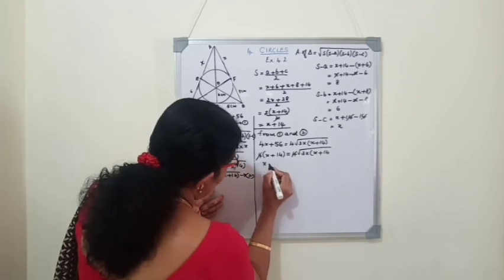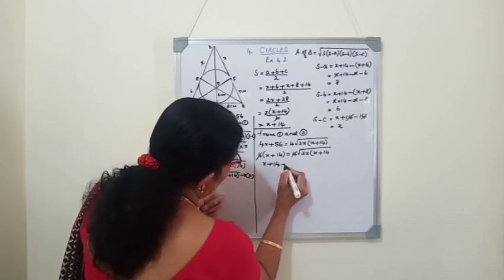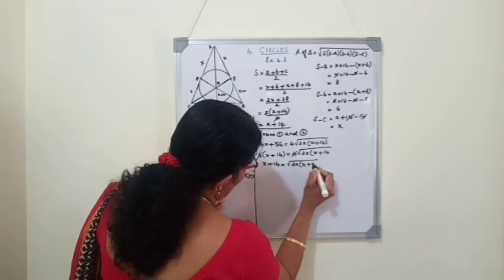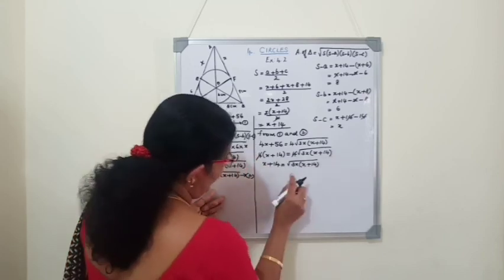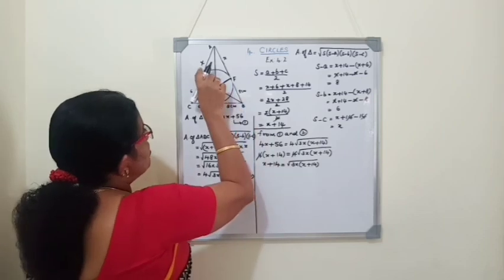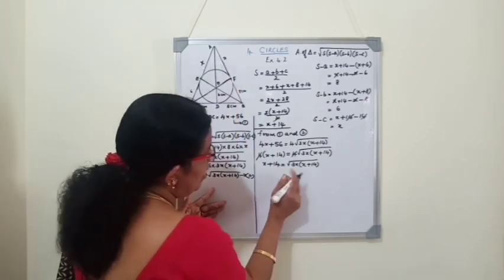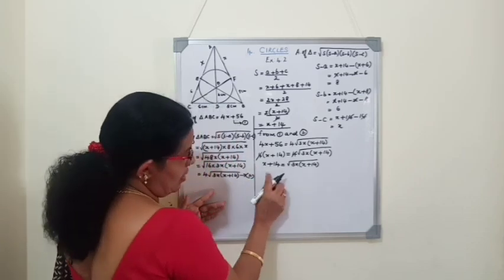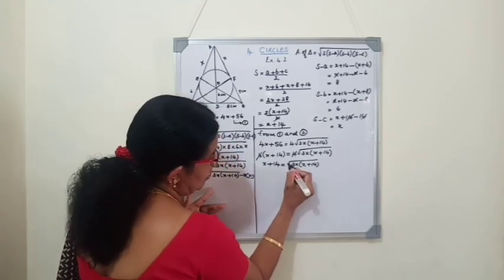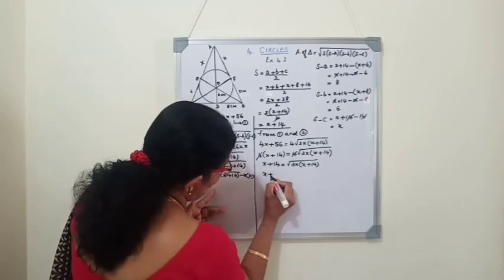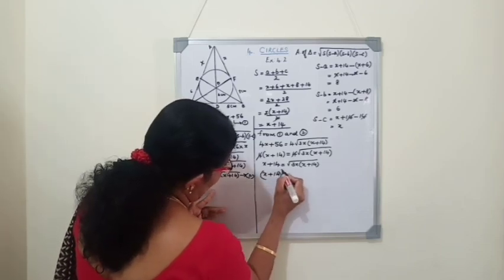Now remaining terms, x plus 14 is equal to square root of 3x into x plus 14. So to find the value of x, now we have to get the value of x, then only we can add x, 6 plus x and 8 plus x, we will get the sides. So how will you simplify such an equation in which one side is a root symbol? So what we have to do is, both the sides we have to square.